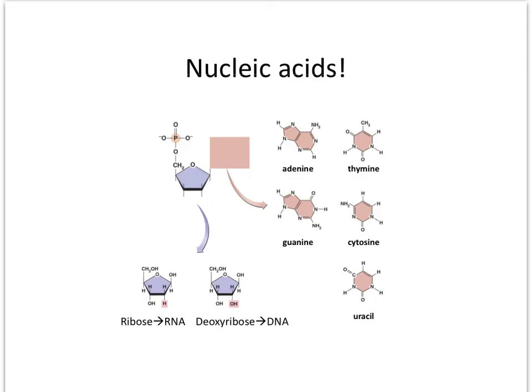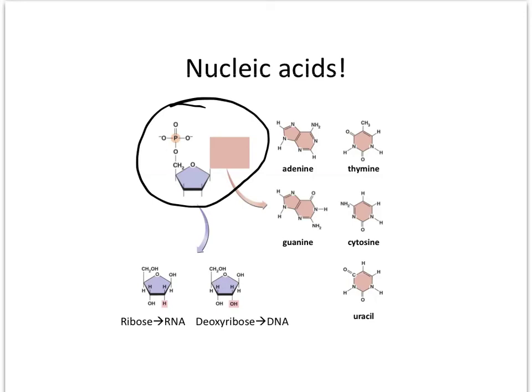The nucleic acids, such as DNA, deoxyribonucleic acid, and RNA, ribonucleic acid, are traditionally known as being the molecules that are important for genetics and heredity in cells, but they also play a role in the process of energy transfer in cells. And in fact, the molecule that you probably already know about, ATP, adenosine triphosphate, is one of the building blocks of DNA. We can see right here the basic building block of all